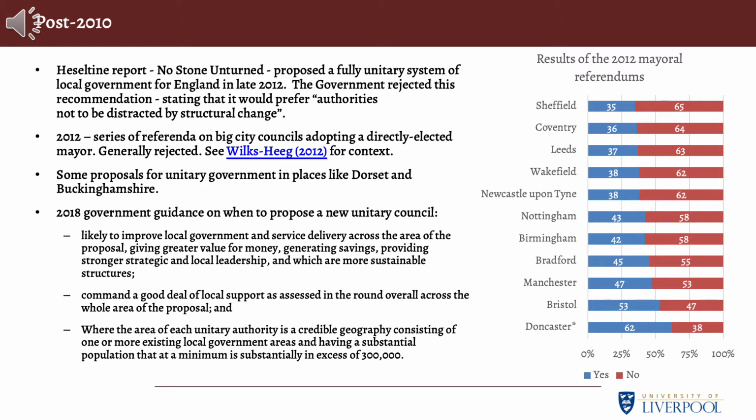And again, we can see that in 2018, the government reissued proposals on when a unitary council can be created, and it's not really about delivering local democracy or bringing power closer to the people, because it doesn't, right? In abolishing a district council, you are typically going to create a unitary authority that's larger, that covers more people, and so moves politics away. But you can see that the point is on sustainable service delivery and sustainable economic size.